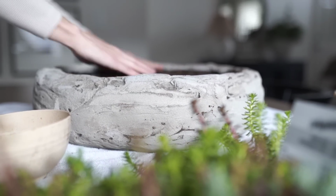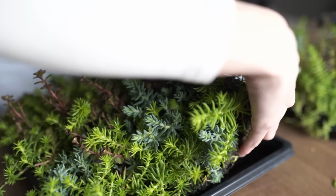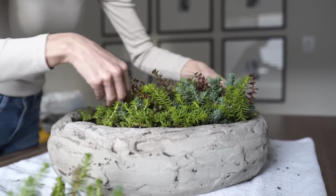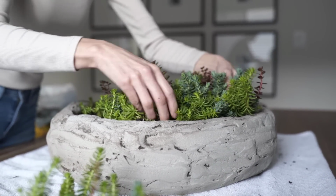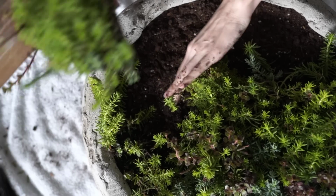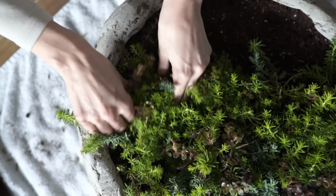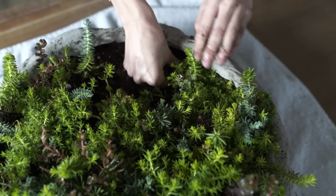So this ground cover is sold in a flat. I believe it was about $14 per flat, and there is a lot. I only had to use 2 for this little DIY. So all in all, this DIY probably cost me a total of $30 since I had pretty much everything on hand for the planter part, but I'm just really pushing all of those succulents in there together, and I love